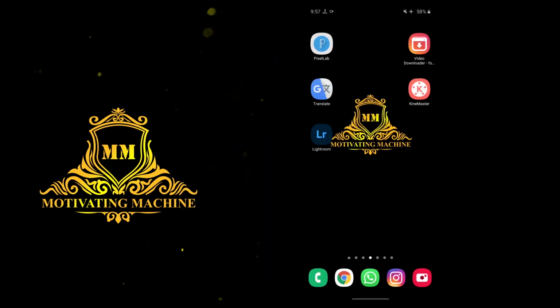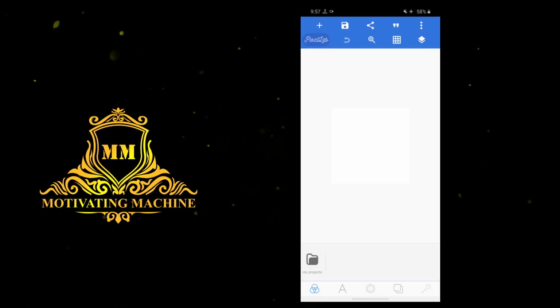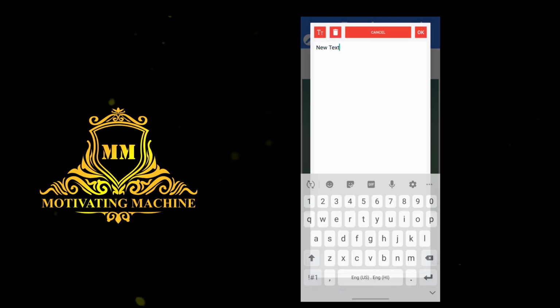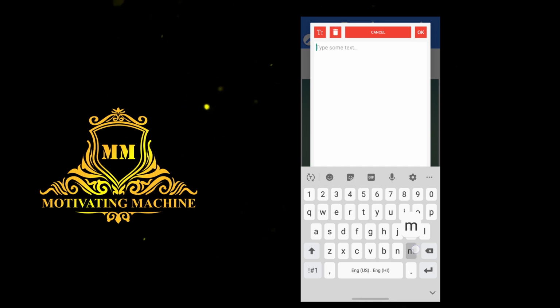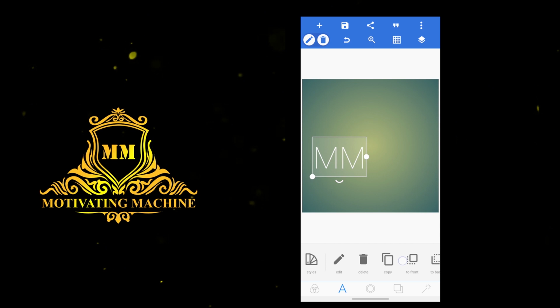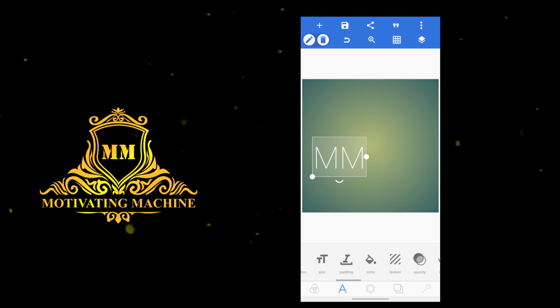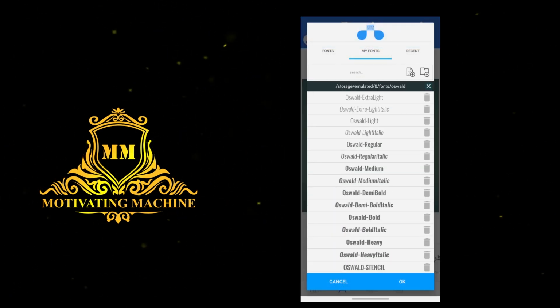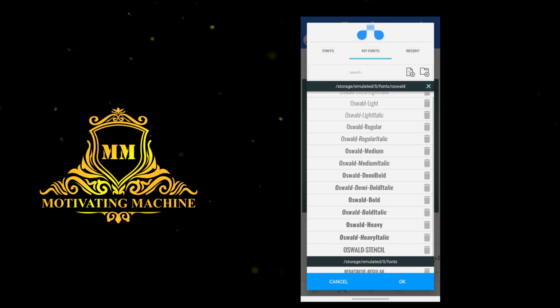Let's continue. As you can see, we have already downloaded this application, Pixel Lab. We'll open it, open a new project, and type, as I am going to make a logo for Motivating Machine. I have selected this font, Oswald Heavy.